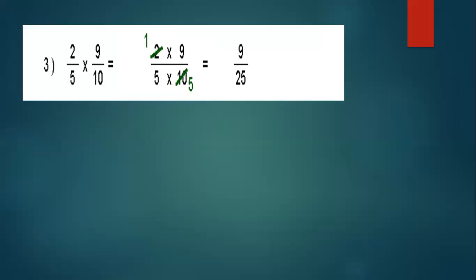Similarly, if we have another question, 2 by 5 multiplied by 9 by 10. Don't think we can cancel out 5 and 10, because we can't. They both are in denominators. We can only cancel out one in the numerator and one in the denominator. So 2's table 1 time and 10 comes 5 times. We would be left with 9 by 25. No other number cancels out with another one.